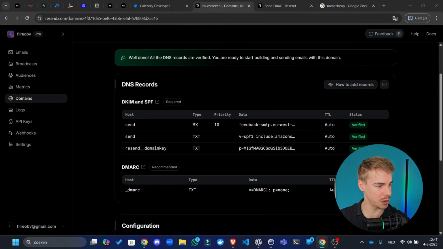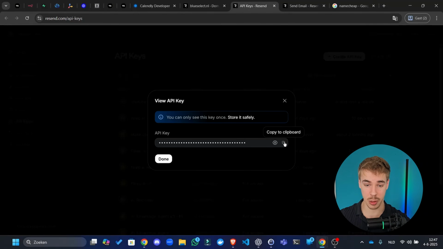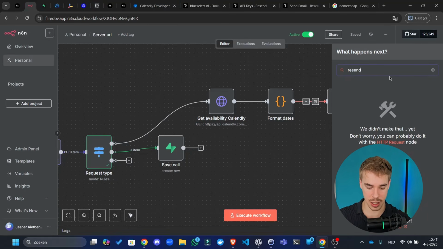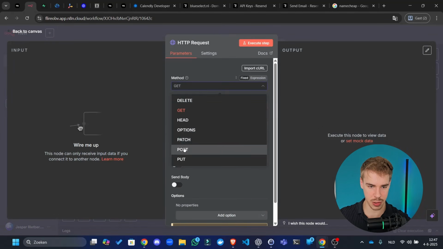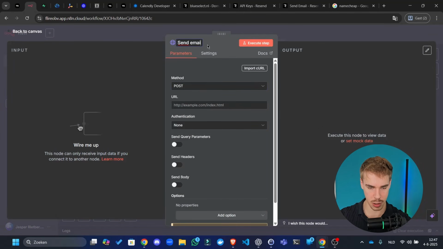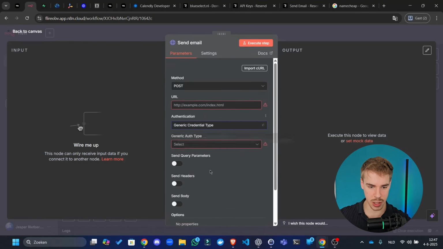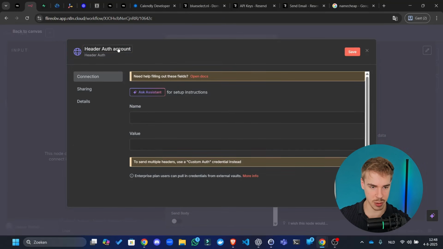Of course, I'm still going to do that off screen because I can't show you guys my key. But whatever you get, you're going to copy that and store it. Now I can see that it's hidden, so that's great. And if we go in here and type HTTP request, then post, and then send email. Then authentication, generic credential type, header auth. We're going to add another one, and that's going to be Resend API. Perfect. Call this authorization